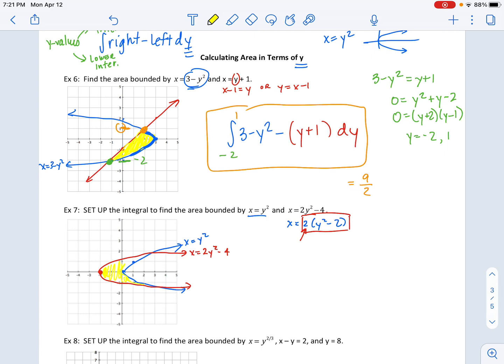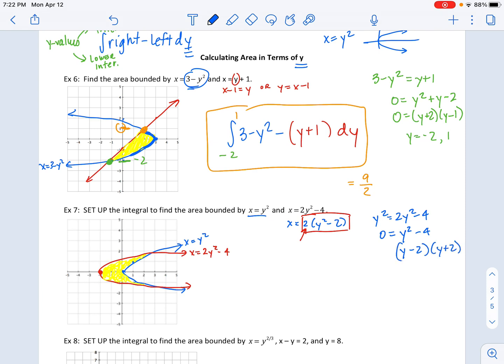Okay. Now, in terms of y, we have one right function, right? The blue function is entirely on the right of the red function, which is entirely on the left. And again, I just have to figure out where they intersect at. So I'm going to go ahead and set them equal to one another. So y squared equals 2y squared minus 4. Subtracting y squared from both sides, I get 1y squared. And then I still have minus 4. And then if I factor that,